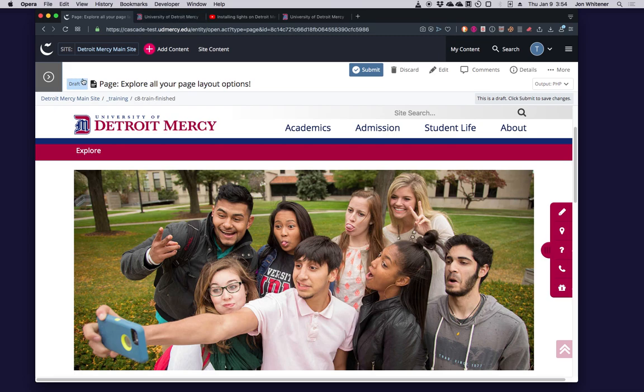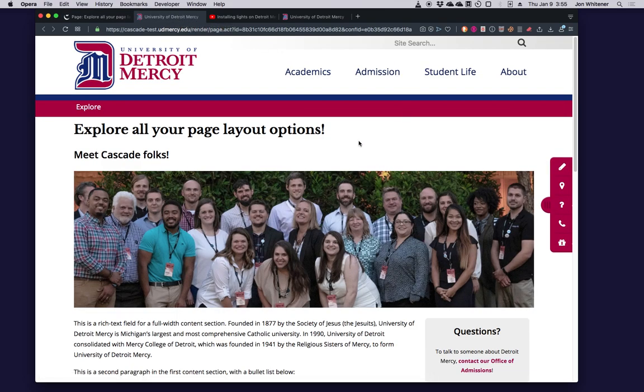Again, as mentioned before in the editing basics, we are now looking at a draft of this page. We have not yet submitted it. Going back to the current version, it still has the old image. And while we're looking at this, remember again to always check what your page is going to look like on a phone.